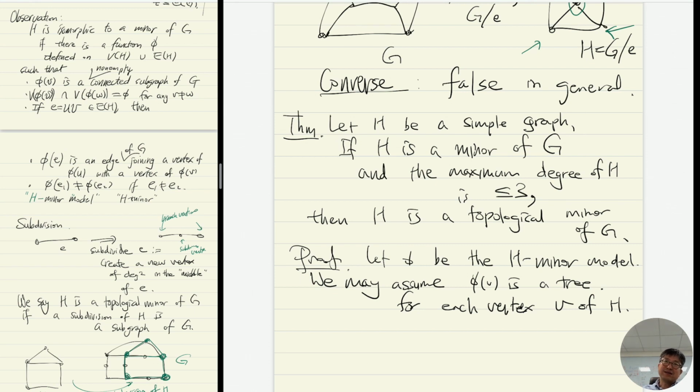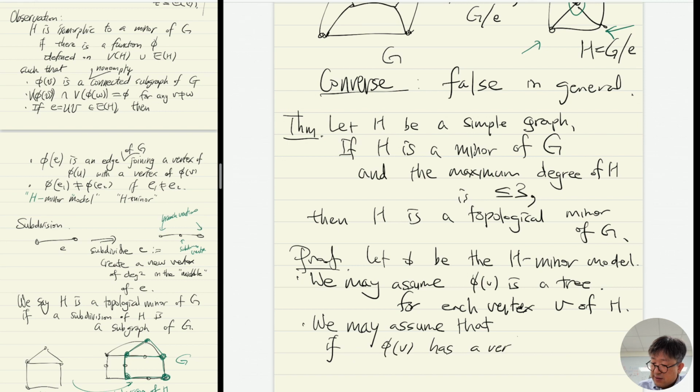Now, I think it doesn't, okay. Now, because H has, okay, I can assume one more. We may assume that if phi v